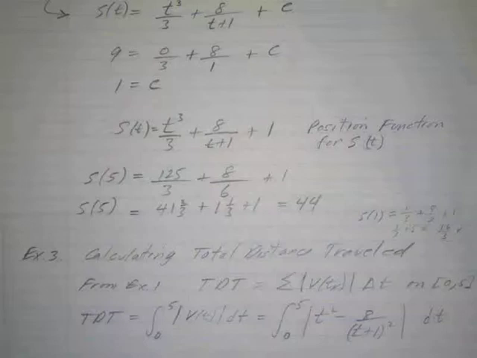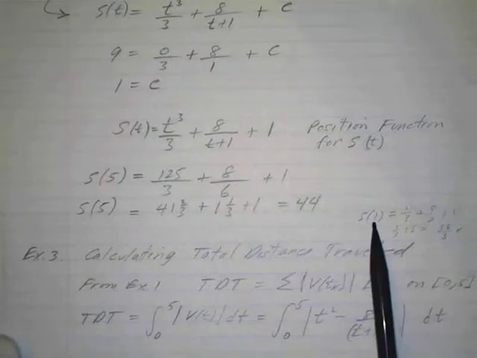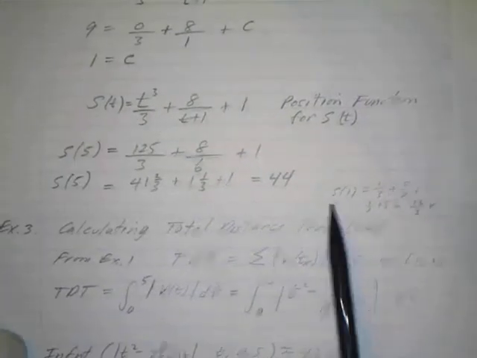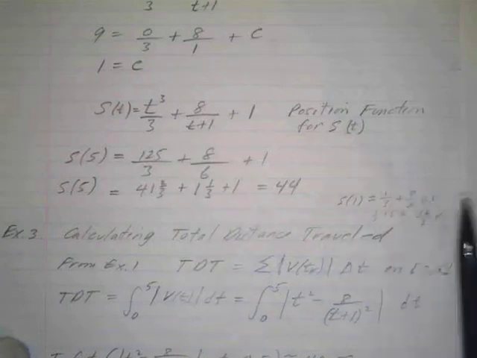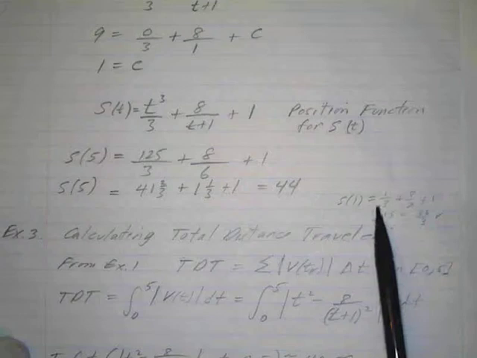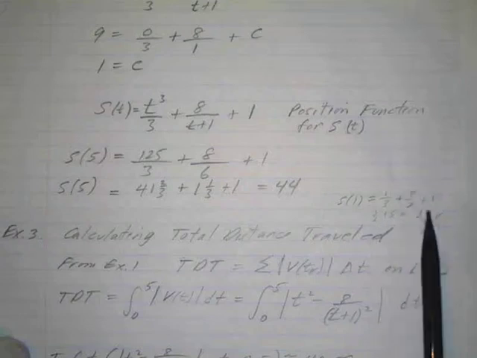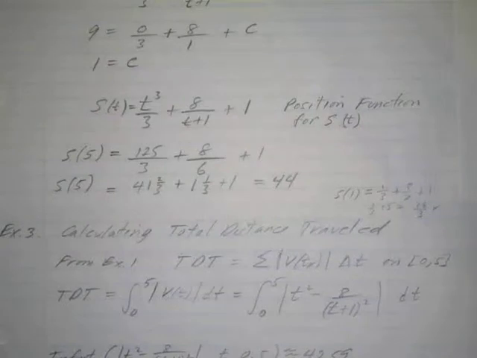Now, let's go back and say, will this work for the first part of example 2, part A, where we wanted to find the position over 0 to 1? Well, then we just want to find the position when t is 1. I just did this over here on the side, and I put 1 in here. That'd be 1 cubed over 3, which is 1/3, plus 8 over 1 plus 1, which is 8 over 2, plus 1. And then 8 over 2 is 4, plus 1 is 5, so that's 16/3. And that's what they got in the middle of page 380, where you see the new position is 16/3. So we found it quite easily just by substituting into that